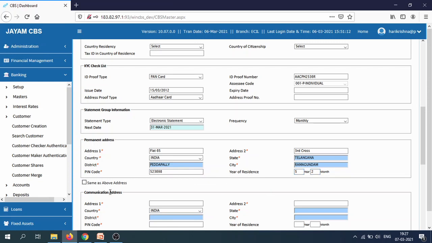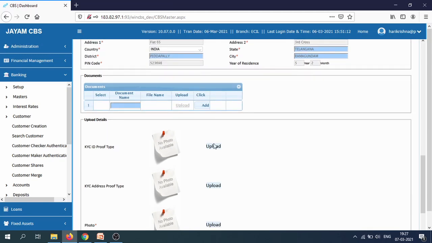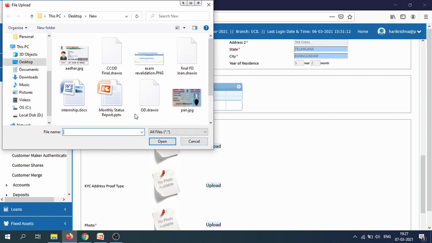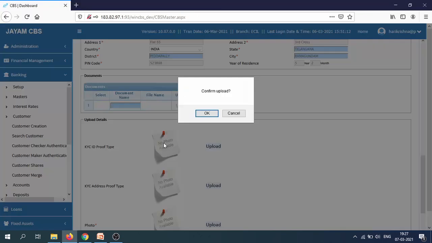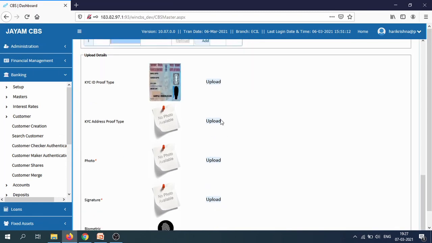If you want to keep your communication address as a permanent address, just select this one and upload KYC documents. So I have given a PAN, I can select PAN. Whatever I'm giving, it is all dummy.